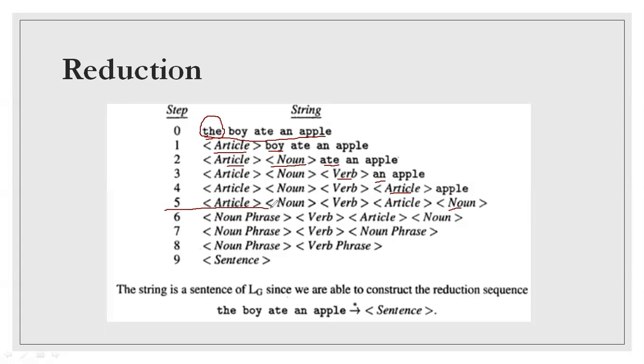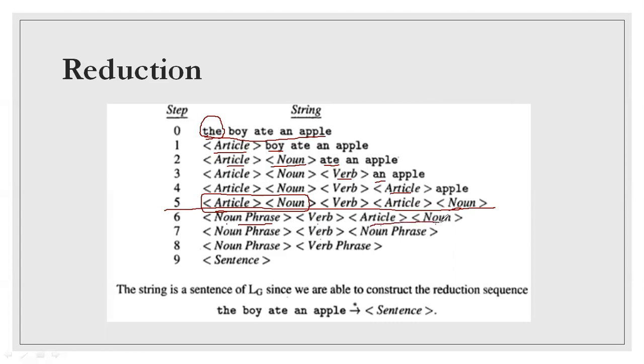So we have taken the non-terminal symbols of every word in the sentence the boy ate an apple. Now here is the smart work. How to combine this? Now article and noun is combined to noun phrase. Verb is kept as it is, article and noun is kept as it is. Next, noun phrase will be as it is, verb will be as it is.